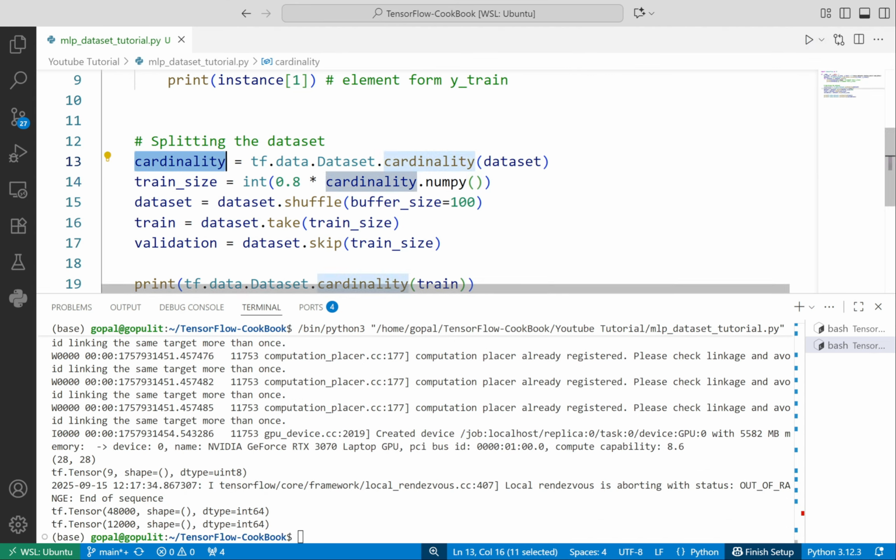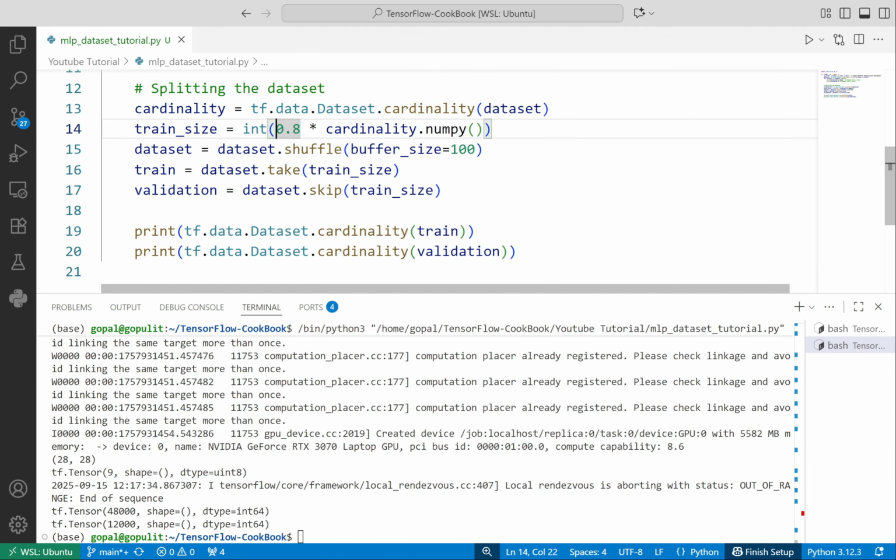What I did here is, because this will create a tensor, I need to multiply it by 0.8. I need to convert it into a numpy value and then I can do other stuff. Now you can see that my training set contains 48,000 elements and my validation set contains 12,000 elements. This is exactly 80% and the remaining 20%.